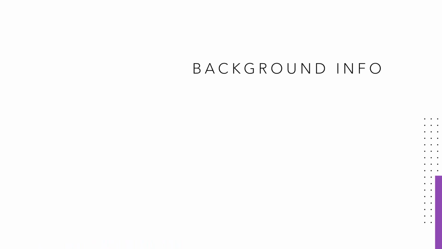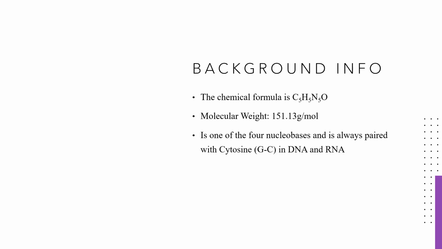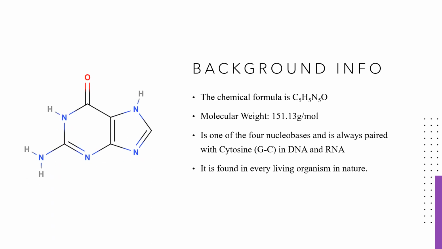So starting off with our background info, its chemical formula is C5H5N5O, so carbon 5, hydrogen 5, nitrogen 5, and oxygen. Its molecular weight is 151.13 grams per mole. It is one of the four nucleobases and is always paired with cytosine, another nucleobase, so G to C are their symbols, and it is found in DNA and RNA. It is also found in every living organism inside their nucleus, inside the cells, and here's the chemical structure of